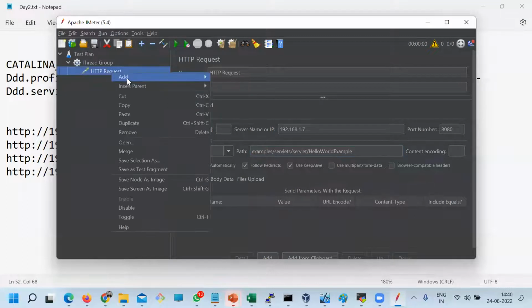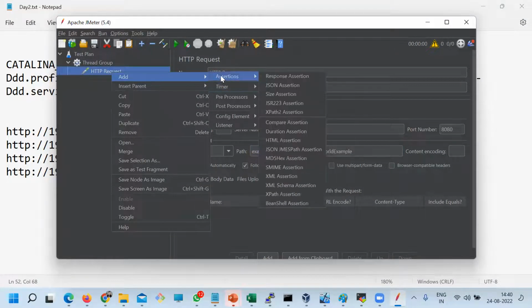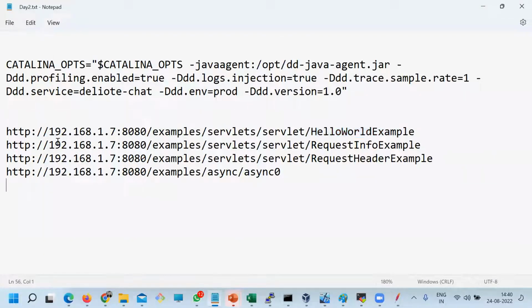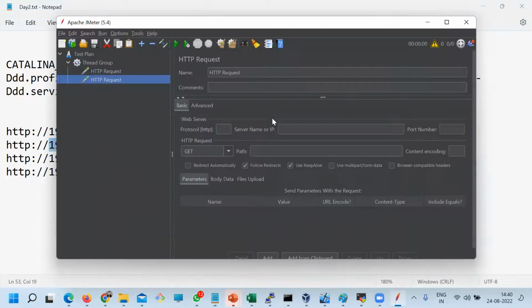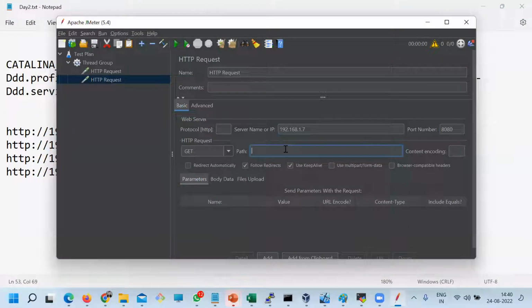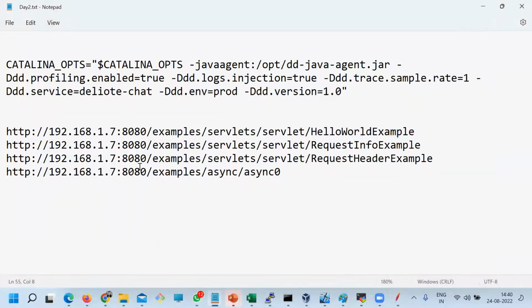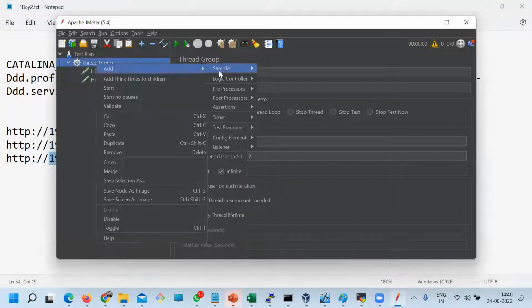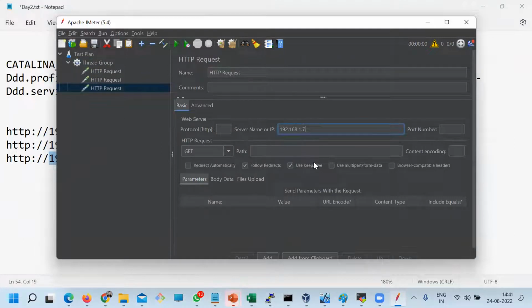Done. One more HTTP request. Now sampler, HTTP request. This is the IP address, port number 8080, and this one, and path. Now the last one I will use. I'll not use this one. I'll go directly to this one, async, which is a good demo. Sampler HTTP request using this 8080 port, and path